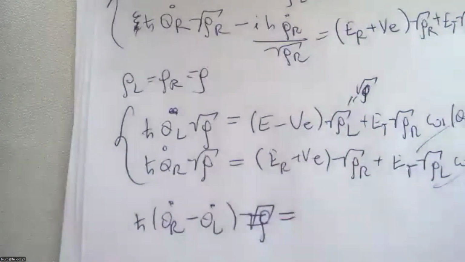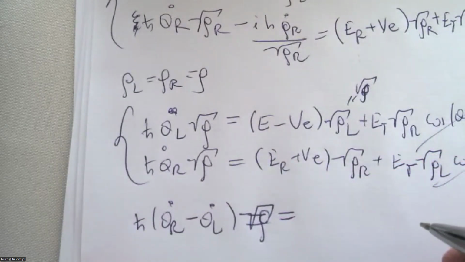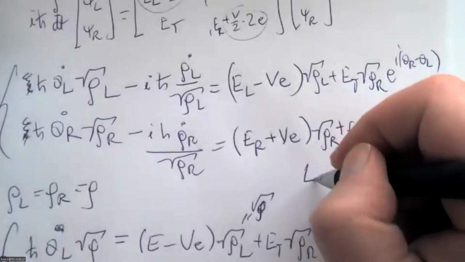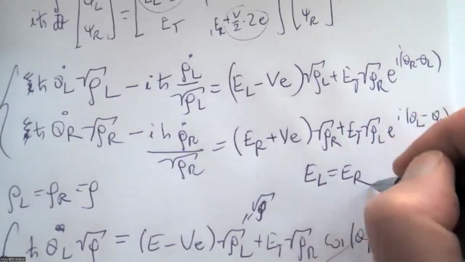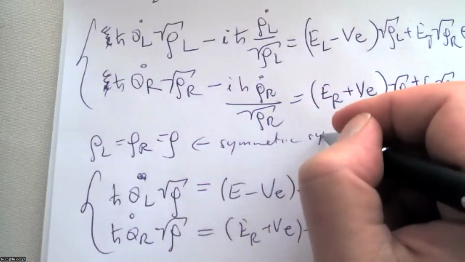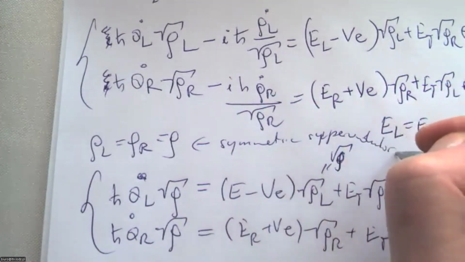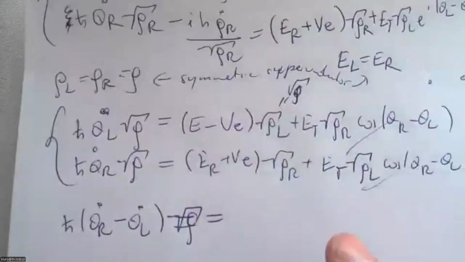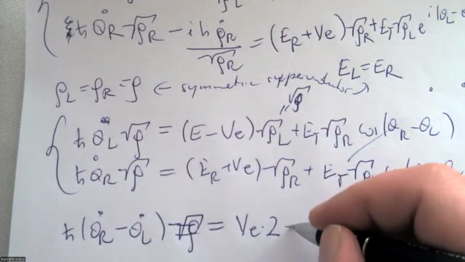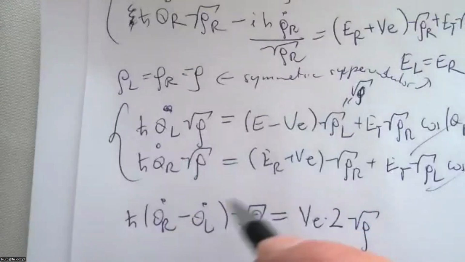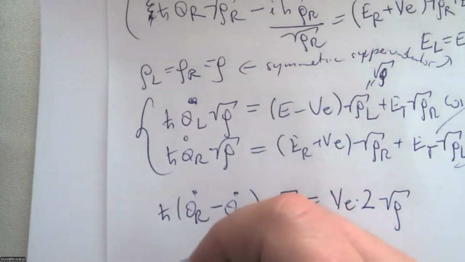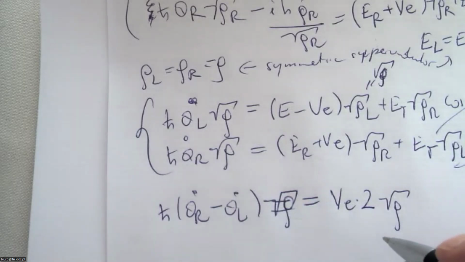For symmetric superconductors, essentially what we have is, symmetric superconductors means EL is ER. So what it means is that actually VE twice rho, this will mean this one, and this is, yeah,